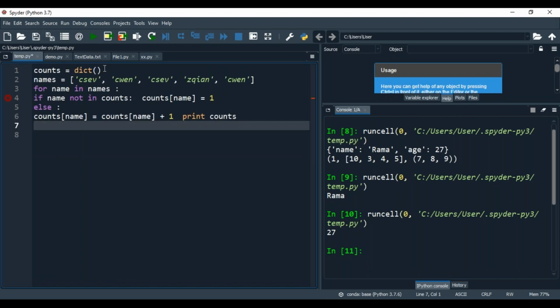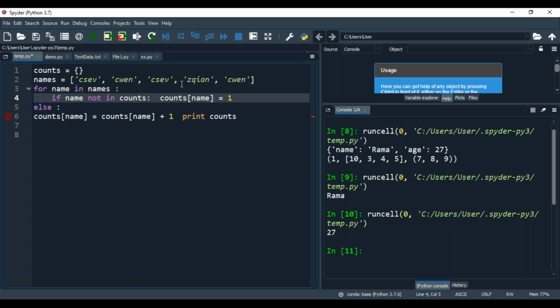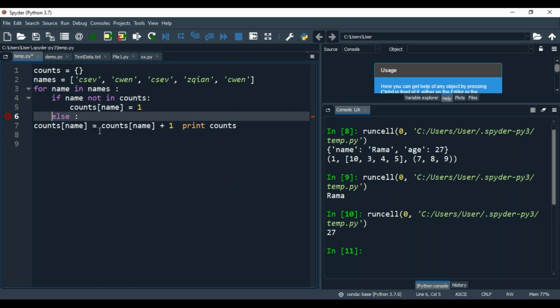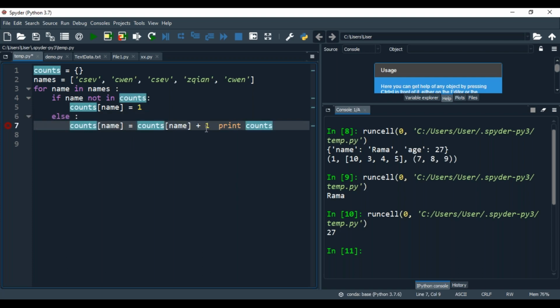See the program. Dictionary means an empty dictionary, simply. We can put this one. So for name in names, then again the else case. Now again, then print.